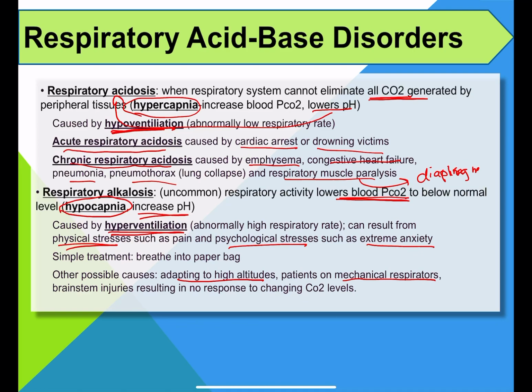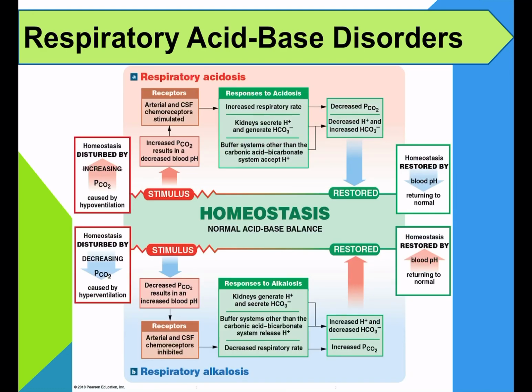Kind of like what we're talking about in terms of ventilators now with COVID-19. They can also have respiratory alkalosis. Brainstem injuries result in no response to changing CO2 levels. And hence, that's what I was saying: if your brain doesn't respond, let's say the chemoreceptors are broken and can't function as they should, they don't know the change in CO2. That can also lead to respiratory alkalosis. And this is the chart that talks about the case of respiratory acidosis,